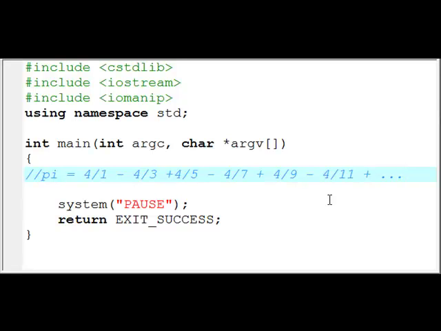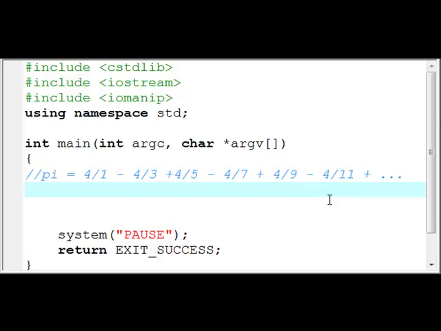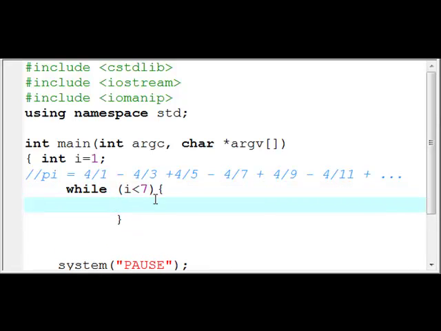Or keep adding terms till we have the precision that we are looking for. Now, to program such a series, a for loop would help, or we can say while, starting with, say, int I equals 1. Now if we say I is less than, say, 7, then